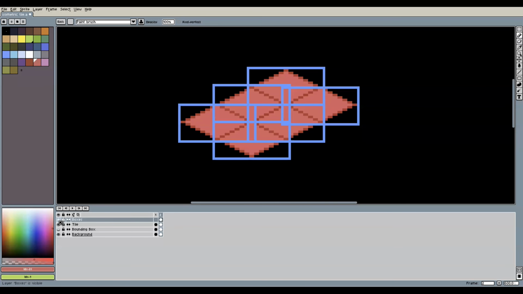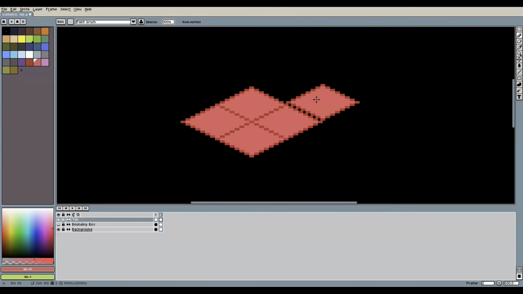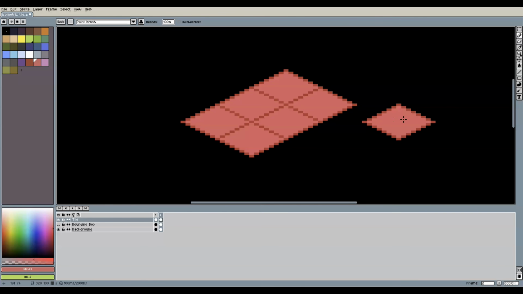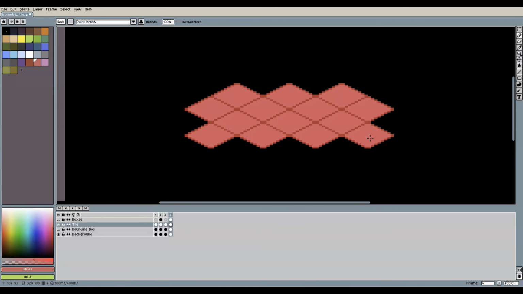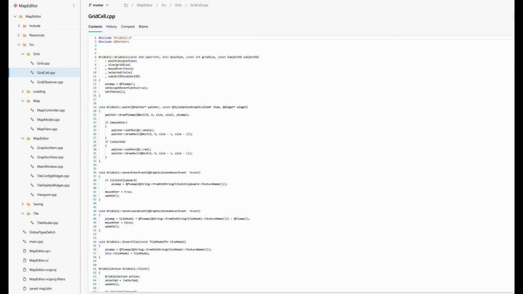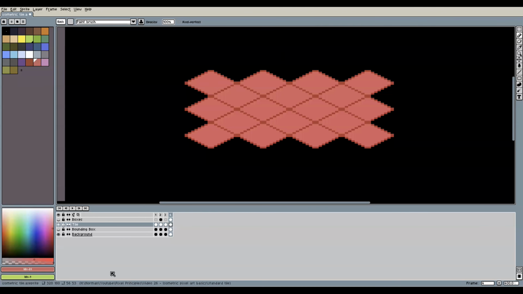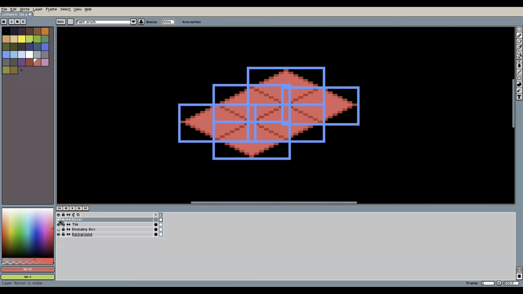However, if we look at the bounding boxes, you can easily see that the bounding boxes do not nicely align in this case. Is this a problem? Well, not at all if you're just creating some standalone isometric pixel art images, because you can freely place your tiles in Aseprite like this and the result will look just fine. For a tile-based game, however, this becomes a bit of a hassle. Ideally, you would want an isometric tile that tiles perfectly also with regards to its bounding box, because then the game code that takes care of drawing all the tiles on screen becomes much easier, as it only needs to move from one tile to the next by a fixed number of pixels, rather than having to jump around awkwardly like in the previous case.